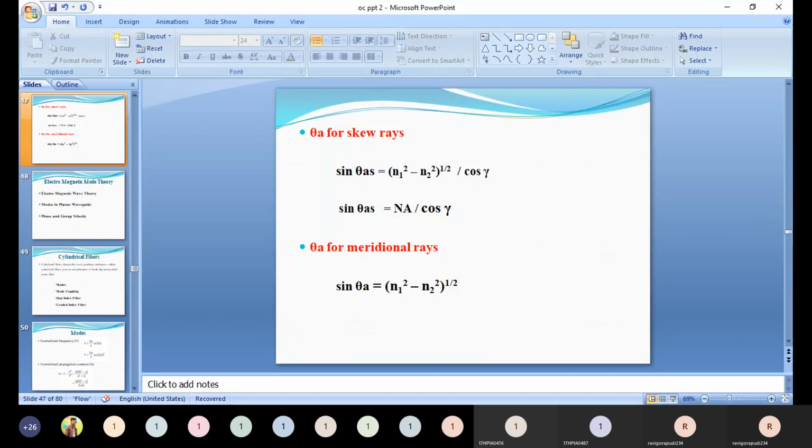Single is index, plural is indices. Calculate maximum acceptance angle of the fiber